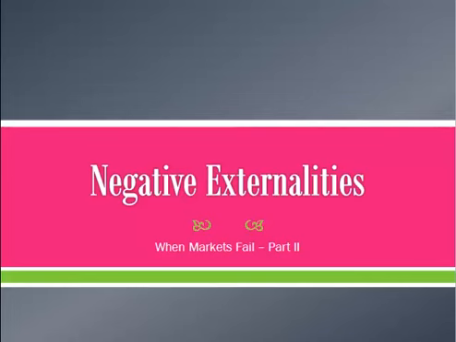In Part 1 of the lesson on externalities, you learned that a market has failed when it results in either an over or an under allocation of resources towards a particular product. In other words, it is not allocatively efficient. In this lesson, we will explore what happens when a market provides too much of a particular good or service